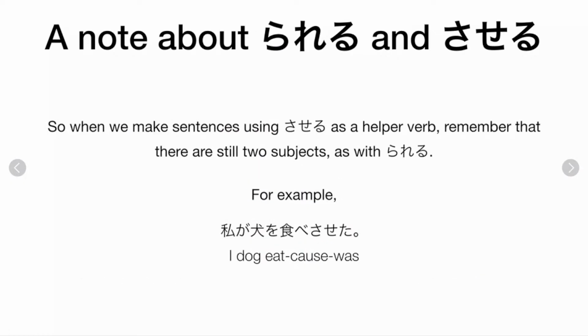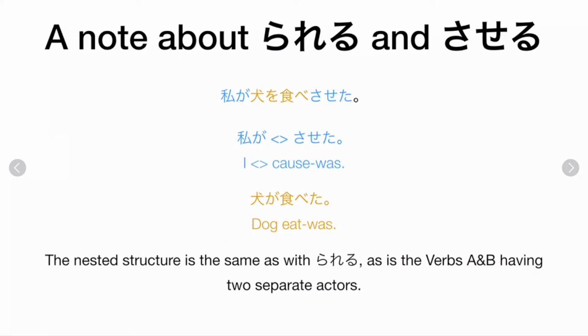So if we say watashi ga inu o tabe saseta, right? Watashi ga, I am doing the action of saseru, and then within that, inu ga tabeta, right? Same construction as we had before. Watashi ga saseta, I made it happen. What did you make happen? Inu ga tabeta, I made the dog eat. It's the same kind of nested structure of one idea which gets inserted into this other sentence with the two